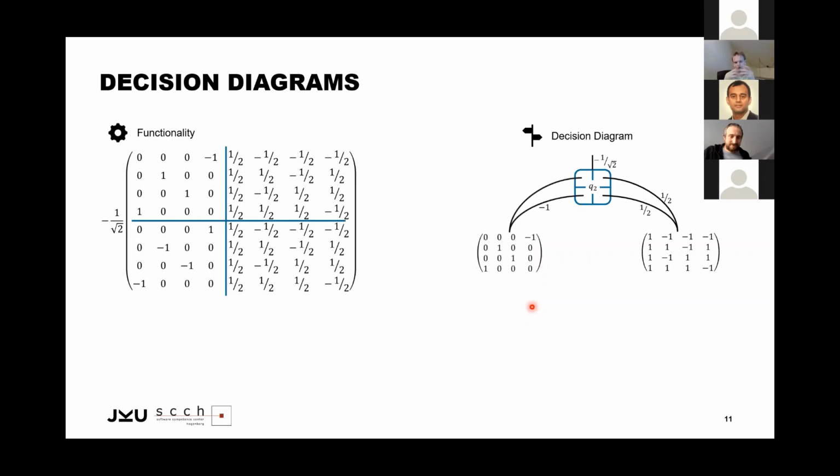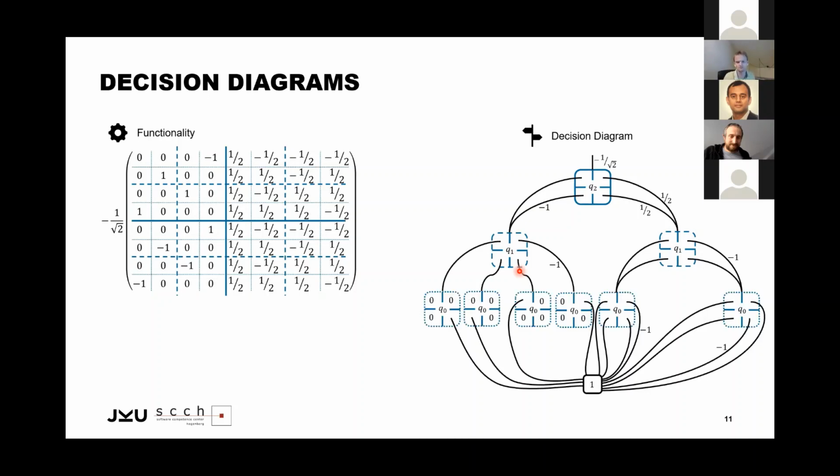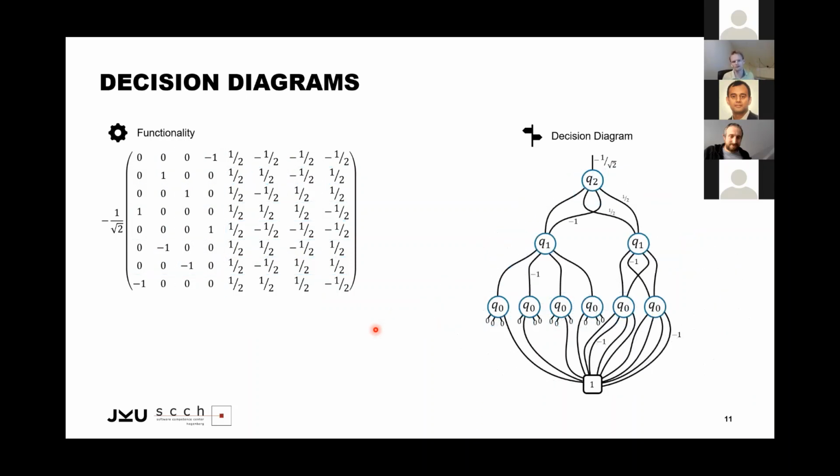And just by these tricks, I hope you can see what I'm doing here right now. I'm exploiting redundancy, and by this, I'm getting a more compact representation rather than representing all submatrices or all entries separately. And if I do that in a recursive fashion, I would do this now for this matrix as well, which I again can split up into 1, 2, 3, 4 submatrices. So I can continue on that and continue utilizing this sharing. And by this overall, I eventually get a decision diagram representation as shown here, which is the much more compact representation.